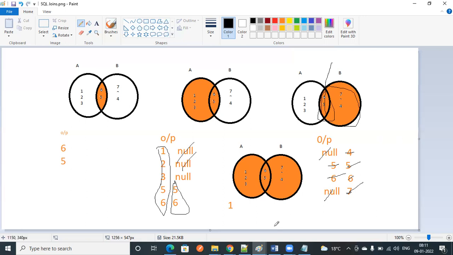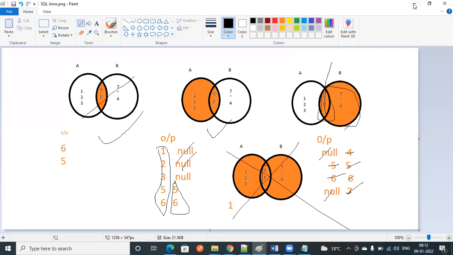This is the theoretical way. And anyway, full outer join is like a combination of right outer and left outer. It will print right side values as well as left side values. If it is matching, then it will display the matching values. Otherwise, it will display null. But in real time, we are going to use only inner join and left outer join in most of the cases. Sometimes we use right outer, but full outer we don't use at all.